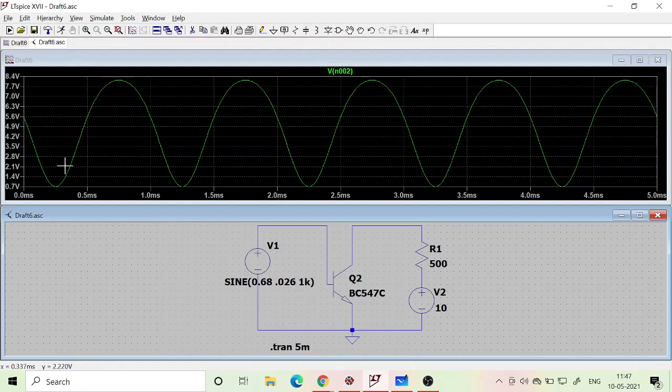The negative side amplitude is very large. There is an inversion here, because actually there is going to be an inversion when you take the voltage across the load resistance. You can see the variation to the negative side is like 1, 2, 3, 4, 5, 6, 7 units down, if I take these horizontal lines. But if I look at the positive variation, 1, 2, 3, 3.5, it's almost half of the variation on the negative side. So it's not a sine wave, it's a distorted sine wave. There is a lot of distortion.